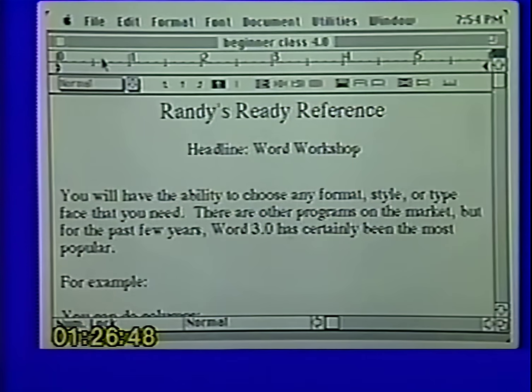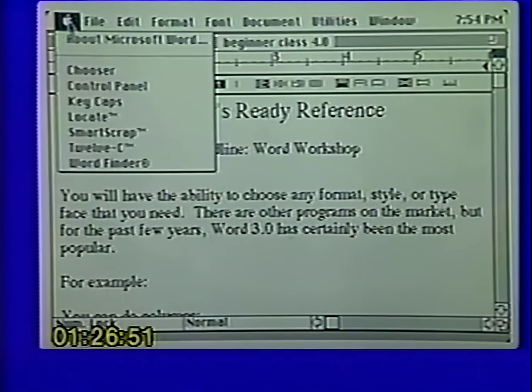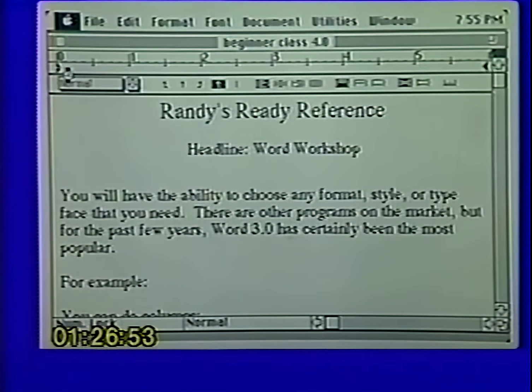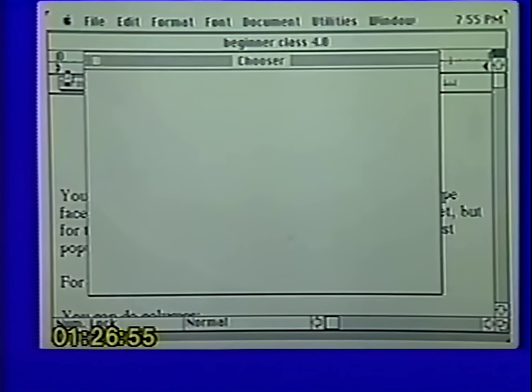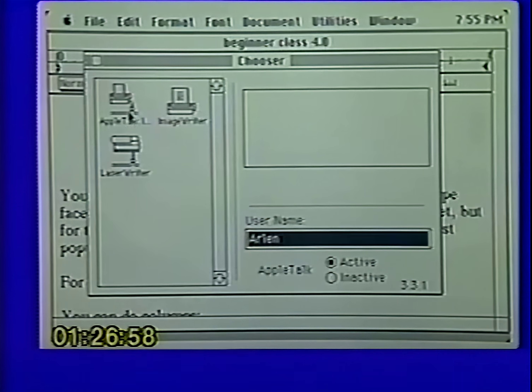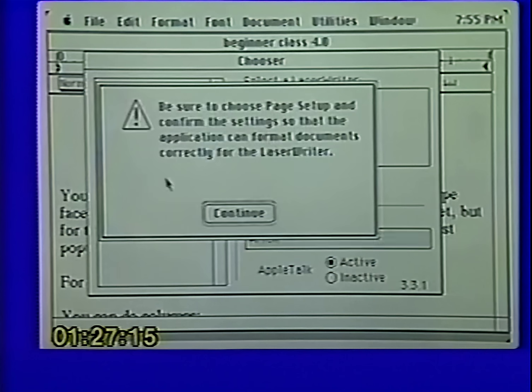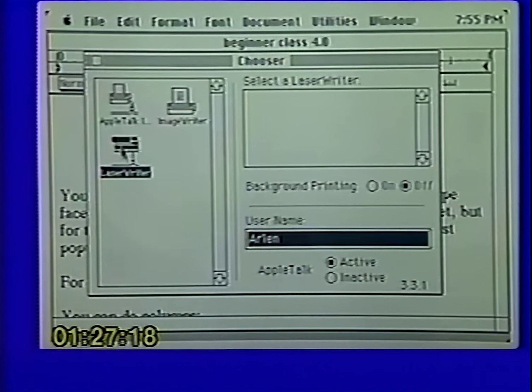The first thing that you do when you know what printer you're going to use is go up under the Apple menu and go to Chooser. And when you open up Chooser, it will show you a little picture of all of the printers that you have installed in your system. Now most of you will find an ImageWriter, a LaserWriter, you may have an LQ printer picture, or the icon for a Veritype machine, or whatever you happen to have in your office. Now, all you do is click on the printer that you're going to be using. So right now I'm going to be using a LaserWriter. So simply click on the LaserWriter, a little box will come up and say OK on it, and now close the box.